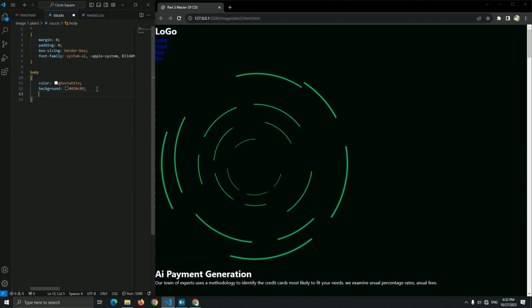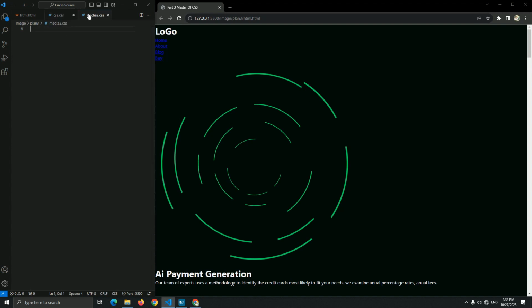Okay, this is our background color, and the width set to 100%, and add position relative and overflow-x hidden to remove any overflow-x if we have any. And this is why I add overflow-x hidden and position relative. Okay, now this is our body. As you can see, we have the background and then the white color.